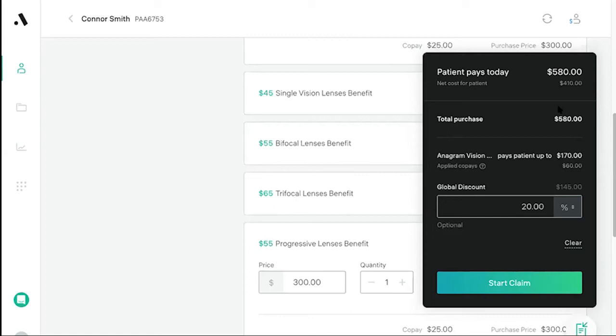The thing to think about on the back end in terms of your revenue is, in what circumstance are we ever making $580 per patient on an in-network exchange? Let's say you're deciding who to drop and you go into your practice management and you see on average per in-network VSP patient, we're making $175. Maybe that does or does not include any chargebacks from the lab. In this circumstance, with the understanding that the patient is going to pay you today and that is how much each exchange is going to be worth, what type of a discount can you administer? Is maybe even 30%, bringing this total to $507, which is more than doubling what you were making before,